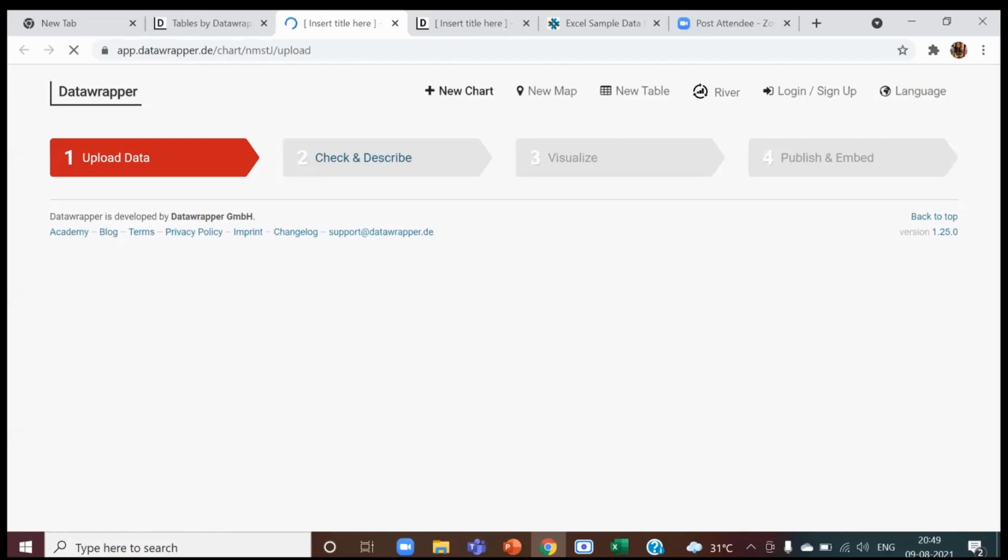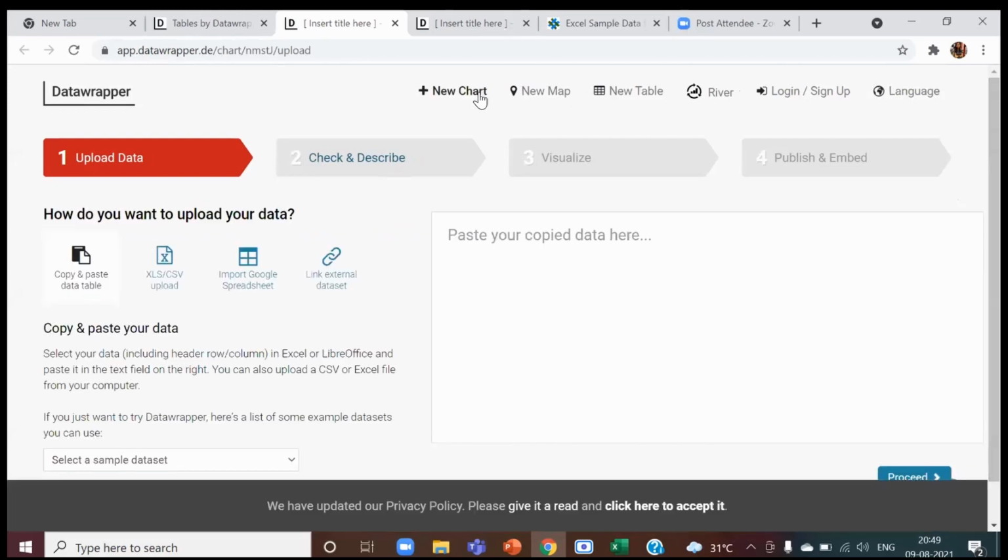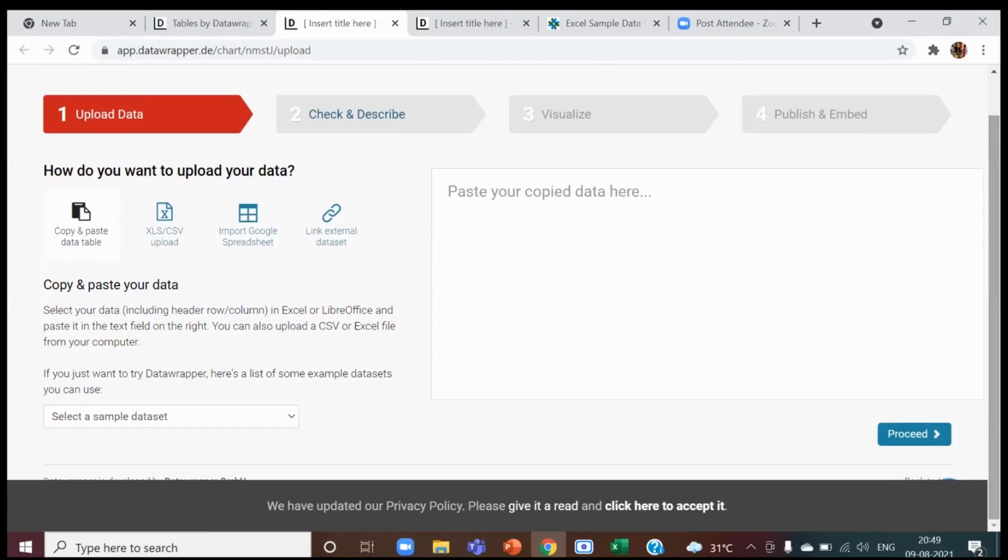Second is you have to edit your chart. So you can choose from many chart and map types within just one click, and then customize and annotate your chart to make it more effective. Third is embed or download. So you copy the responsive embed code into your CMS or website to show the interactive version or export the chart as PNG, SVG, or PDF to print it.